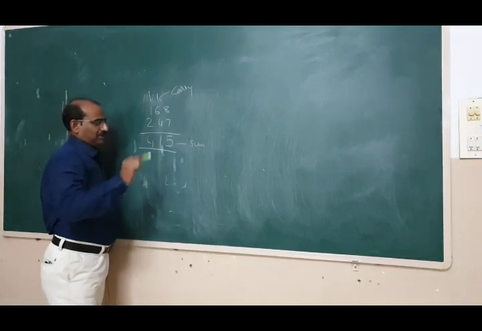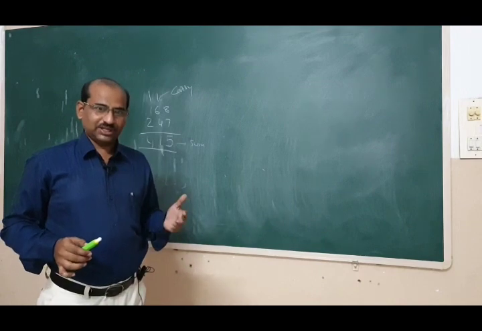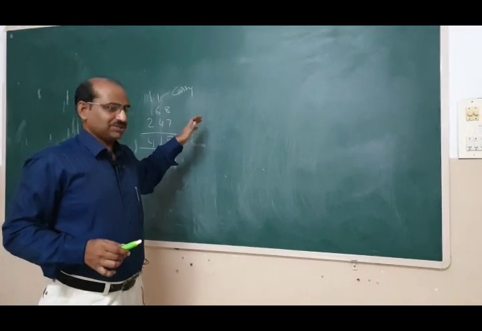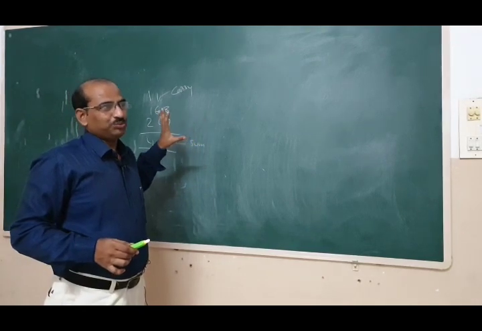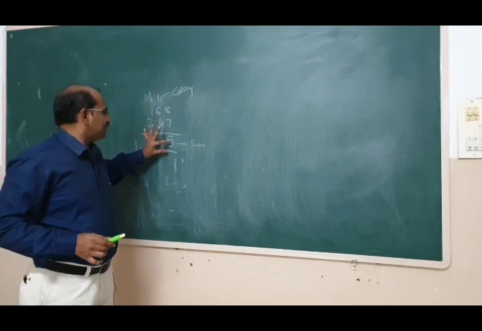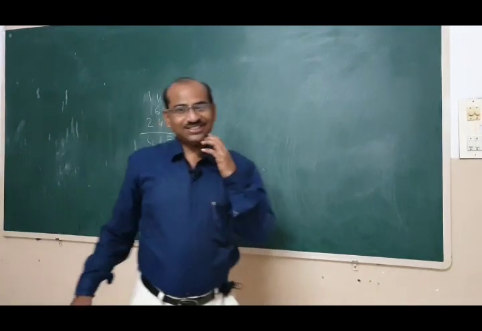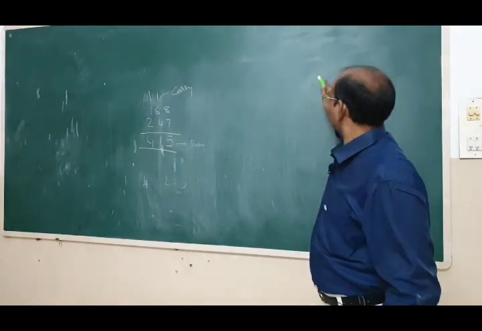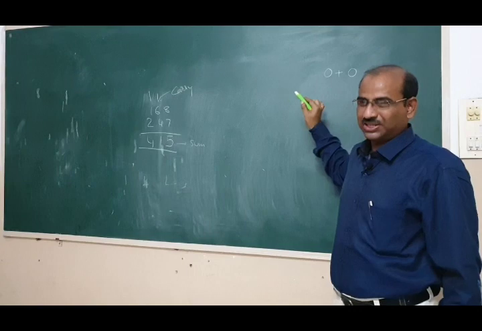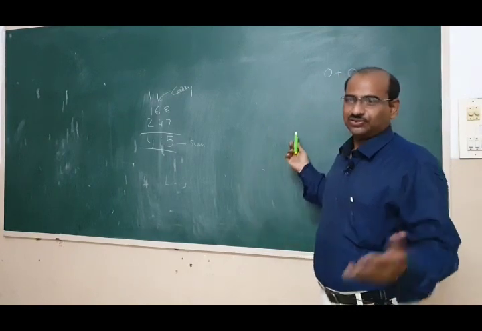So when we are adding 2 digits, no doubt, but for bits also it is the same process. When you add 2 bits, bit means binary digit, you will get a sum and a carry, right? And the combination of all these sum and carry I will write here. So you will get only these 4 combinations, because you are having only 0 and 1. For 2-bit addition you will get only these 4 combinations.